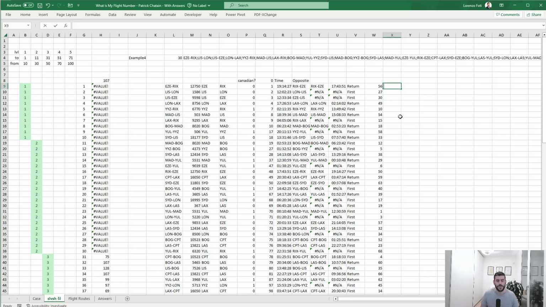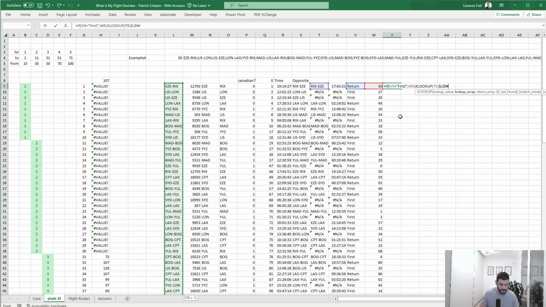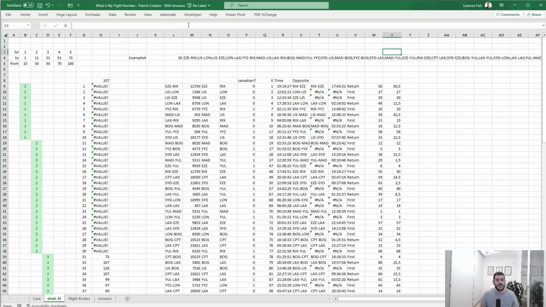And then a trick that I remember quite well: if this equals first, I will keep it, otherwise I will do a next lookup of my opposite flight into the schedule, returning the rank plus 0.5, and then I will rank again this over this ascending,